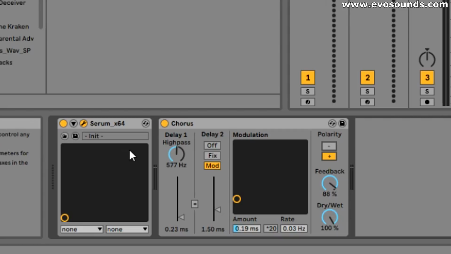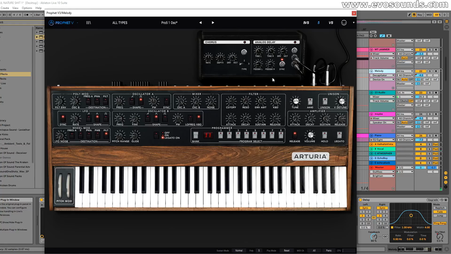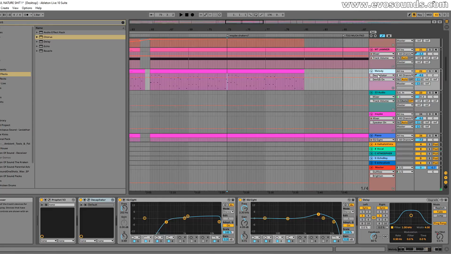With that being said there, guys, let's start to put the chorus into use. Let's actually be practical about it and see what we can do with the chorus. So for the first example, guys, we actually have an analog sound. And with a lot of these sounds that you create utilizing modeled VST synth plugins, essentially they're going to give you a mono response. You can definitely get more of a stereo response if you want, like setting unison and detuning here. But essentially I'm using this as a mono synth, like how the original would have sounded like. So if I want to add a bit of width to this lead here that we have in this track,